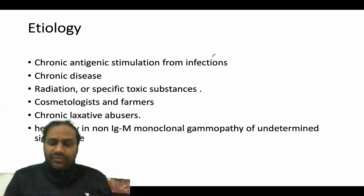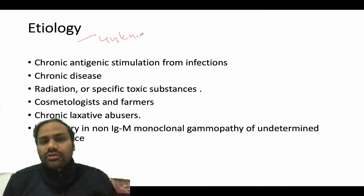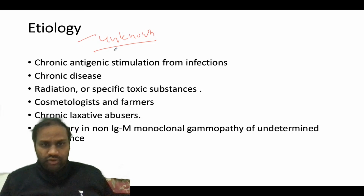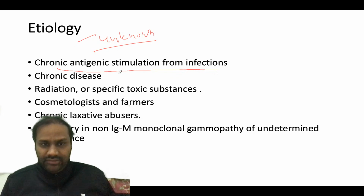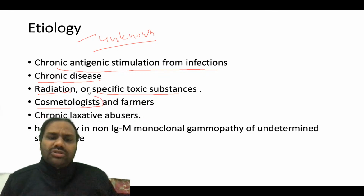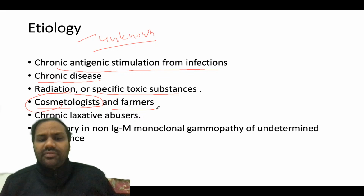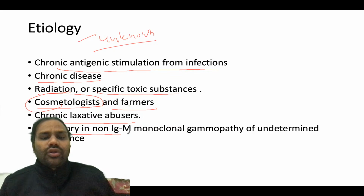So what is the etiology of this? So basically etiology is unknown, but yes, chronic antigenic stimulation from infection, chronic diseases, radiations, specific toxic substances. Cosmetologists are also at high risk of multiple myeloma. Farmers, chronic laxative abusers, and hereditary in non-IgM monoclonal gammopathy of undetermined